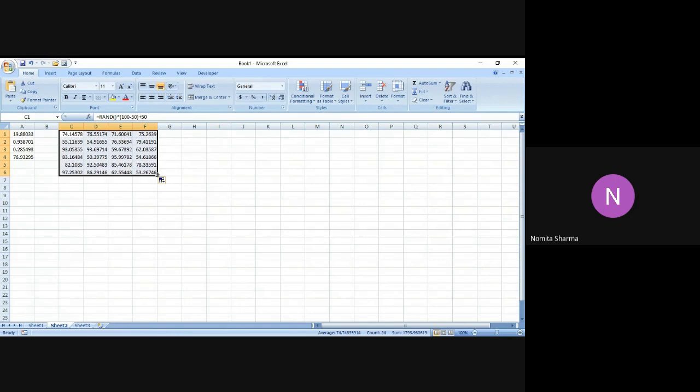So that is how we can generate random numbers between two unique numbers, not with the help of the RANDBETWEEN function, but with the help of the RAND function. But in this case, we have to make our formula so that we can define the upper limit and the lower limit of the number.